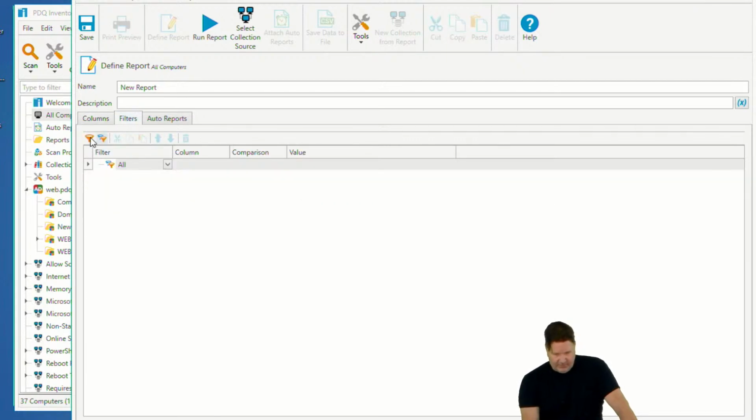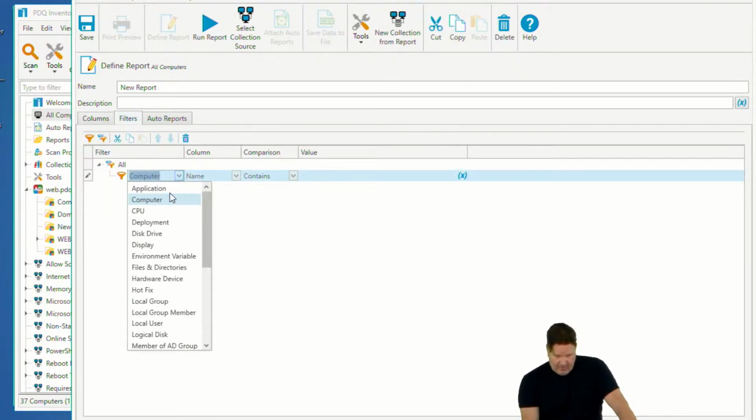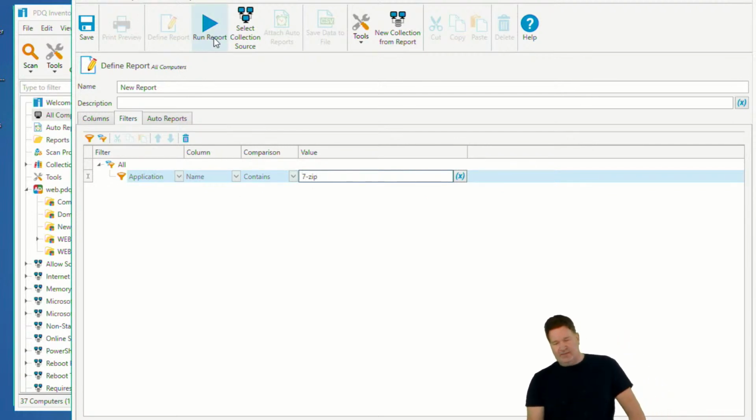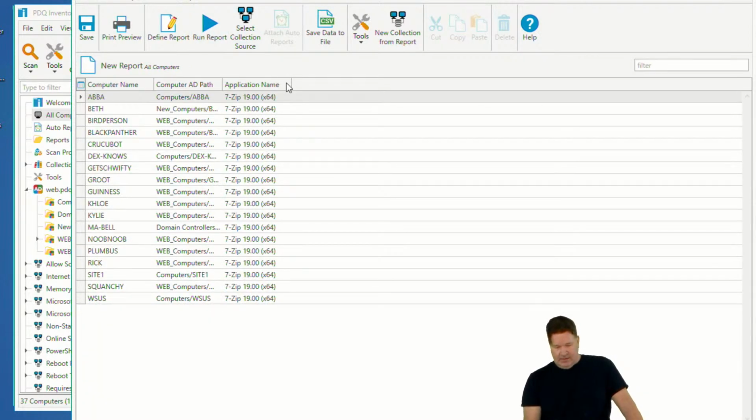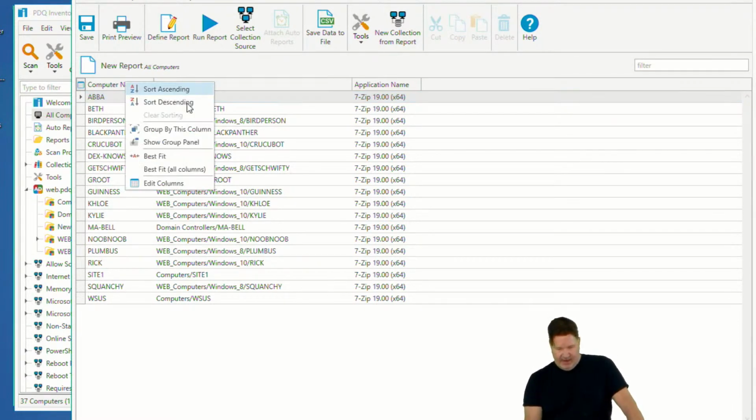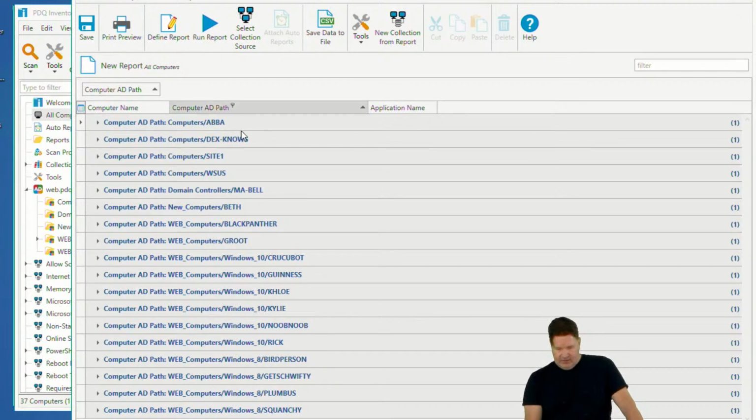And then I'll just filter it for 7-zip at this point, because I know there's some 7-zip out here. I'm pretty sure my PowerShell removed all those last week. I got rid of all my 7-zips. We decided to go a somewhat different direction. All right, so there is my path. New Computers. Okay, so Beth is in the OU New Computers. So if I group by the AD path, I should have my different